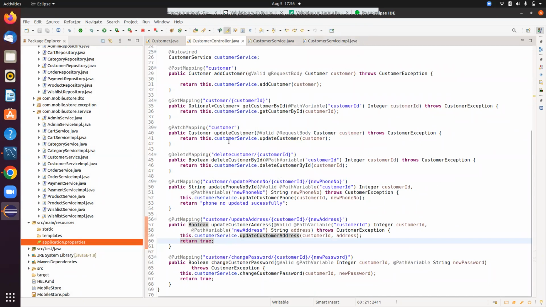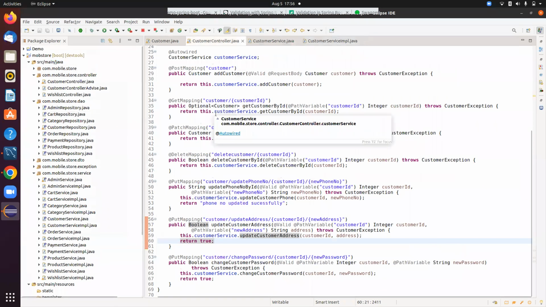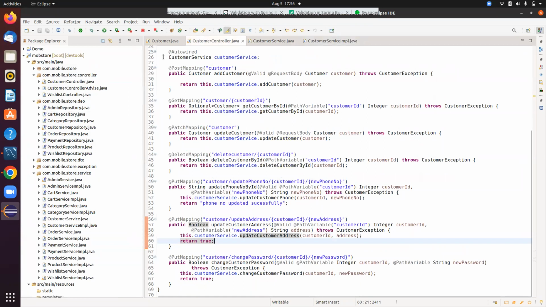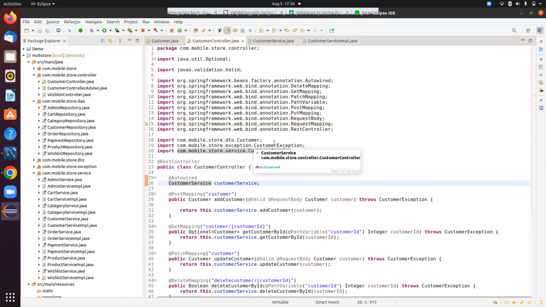My project is based on a mobile store application where we sell mobiles on websites. Here is our controller. My module is the customer controller and business controller. I'm showing you the customer controller.